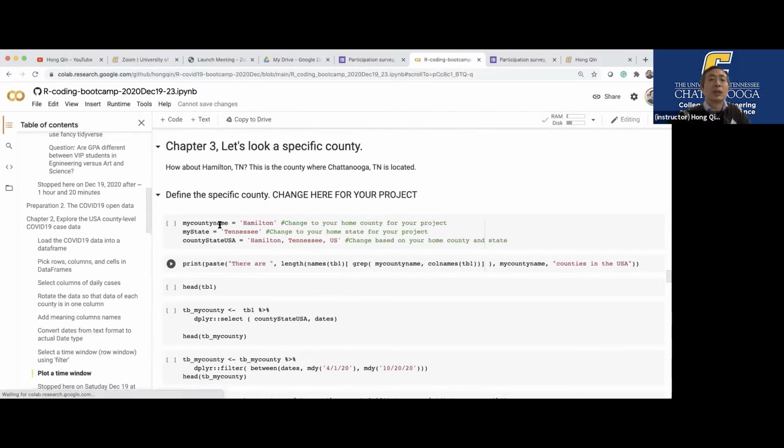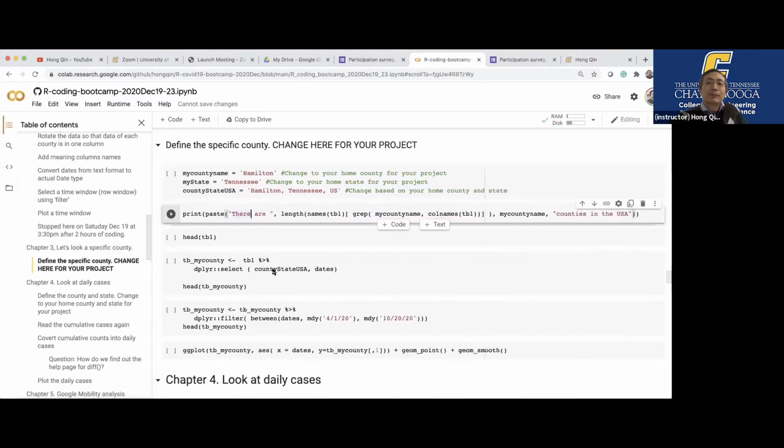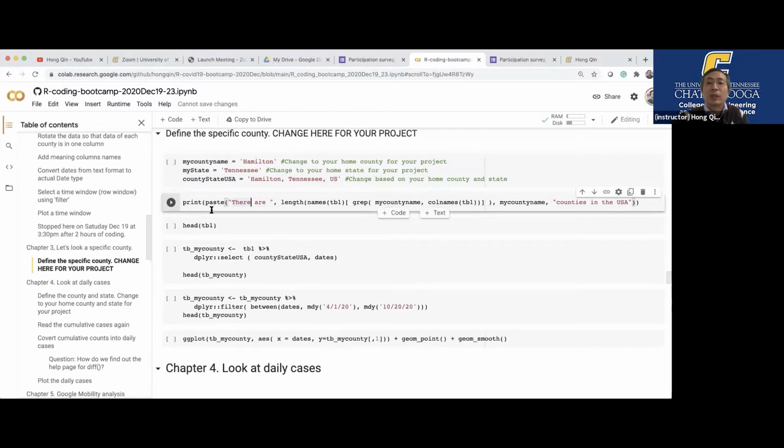So in this case, Chattanooga is in the county of Hamilton. The state is Tennessee. And in the Johns Hopkins data, the full combined key, the column name, is Hamilton, Tennessee, US. So basically, those are the things you need to change later on if you work on a different location. You need to know what county, what state. Hopefully, you are all from the US. So okay. Once we have those keywords, we can